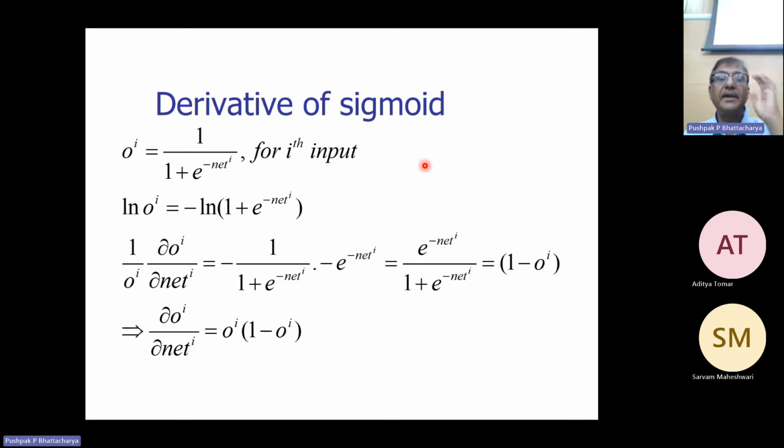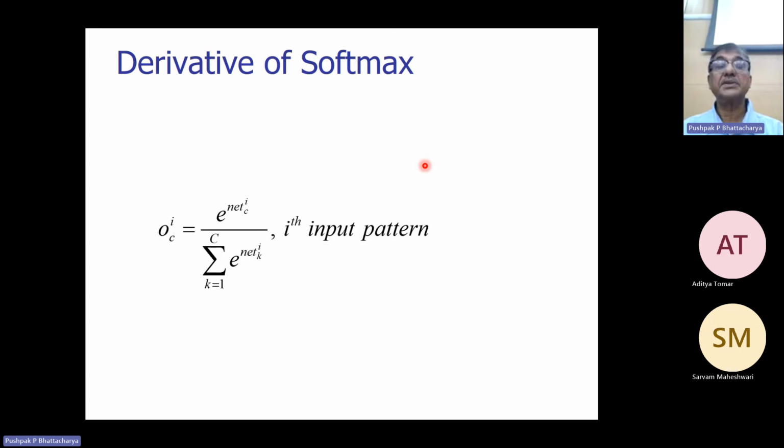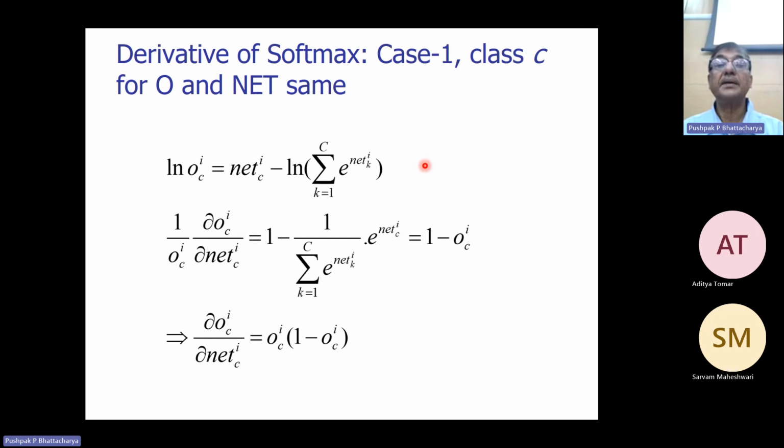So we derived the derivatives of the sigmoid function. Derivative means the derivative of the output with respect to input. For sigmoid, the derivative has a nice form: output into 1 minus output. For softmax, the derivatives are obtained in two cases. The first case is the derivative of the output with respect to its own input, which is like sigmoid, output